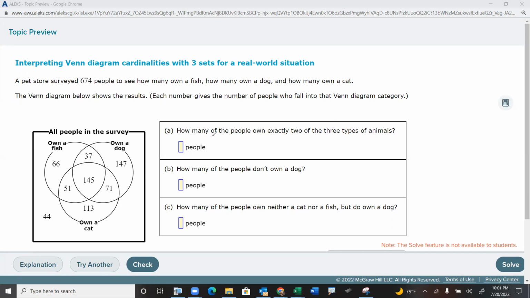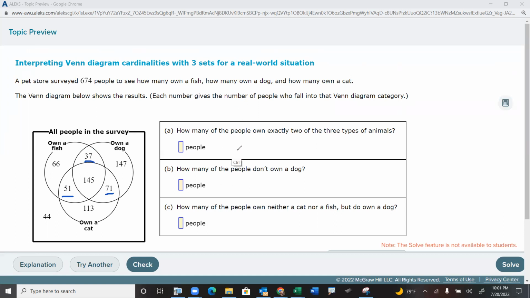All right, so how many of the people own exactly two of the three types of animals? Well, this 145, that's people who own all three, so that would not be just two. These people own just one animal, so that wouldn't be it. And these people don't own any of these three, but these people own two. Okay, so these are the fish dog people, these are the fish cat people, and these are the dog cat people. So if we add those together,